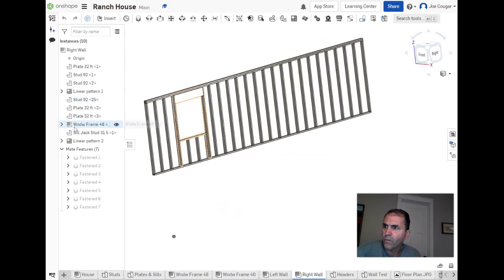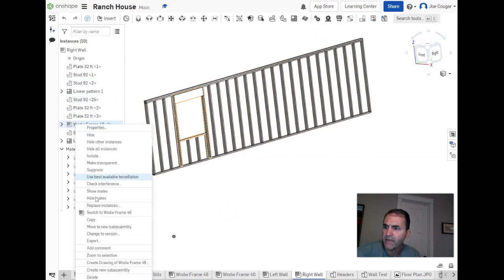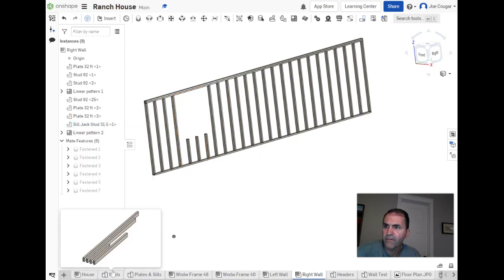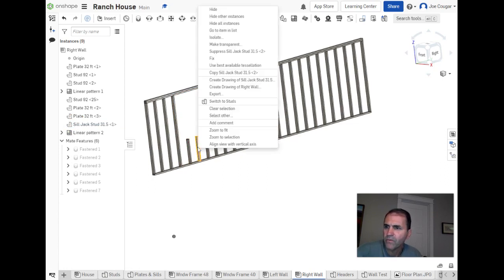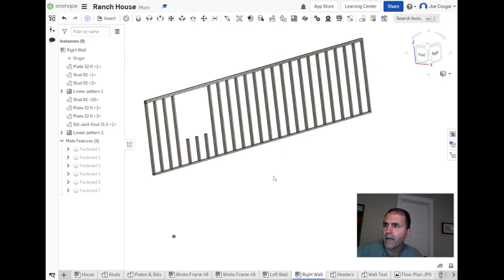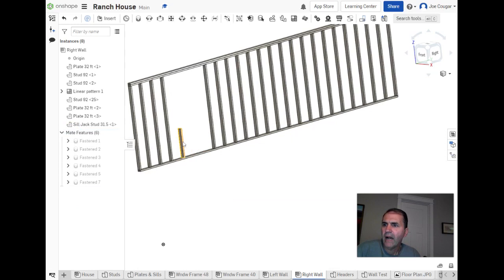We're going to go over here where window frame 48 is, and we're just going to delete it. Right click and delete that out of there. Now, we're going to delete these cripples also. Now I might need to delete the linear pattern of those, and that's fine. Delete. Okay. Now, because it's easier, I think I'll put that in later. Let's go ahead and delete